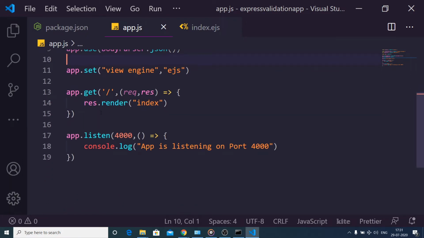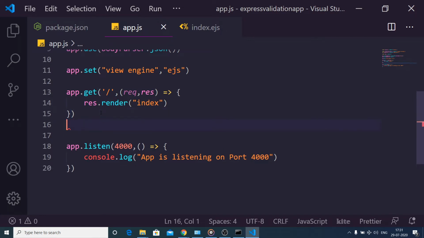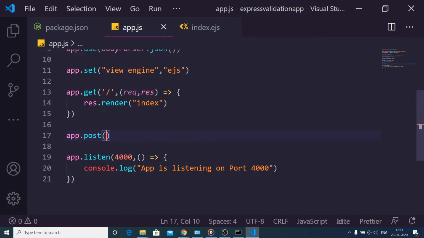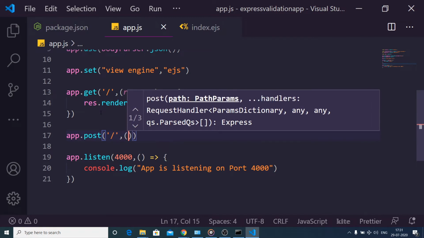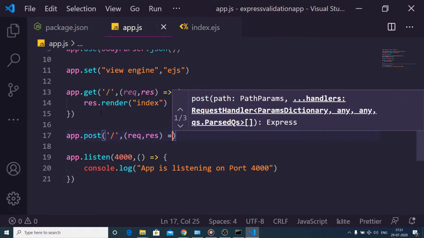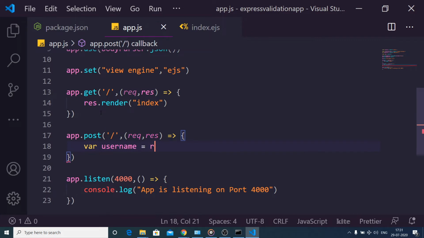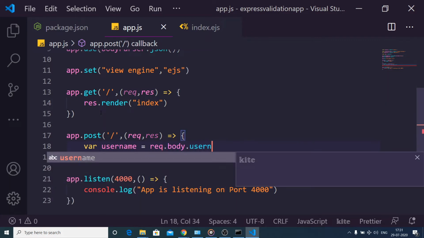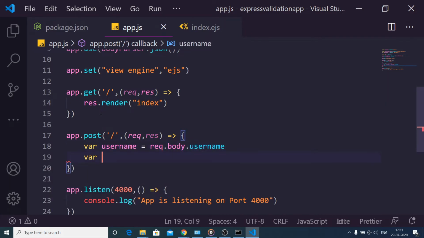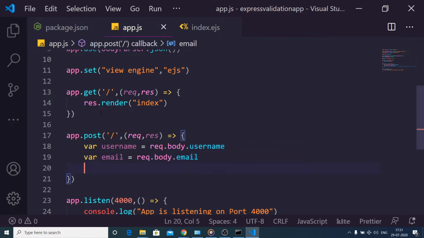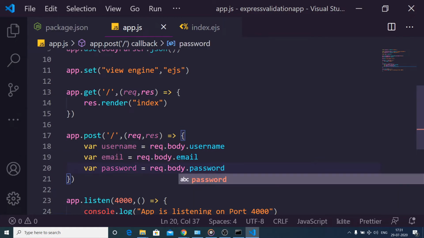Now we can make a simple post request right here when we submit the form on the home route. So this will have request, response, and we can get the values that the user submits. First is the username, request.body.username, and for the email address we can simply do request.body.email, and for the password request.body.password.